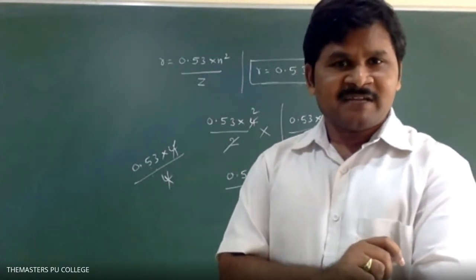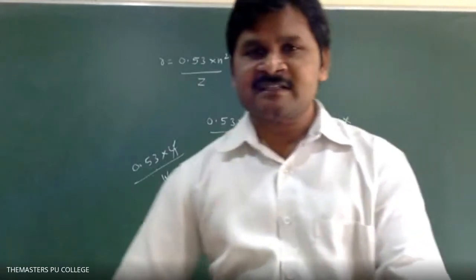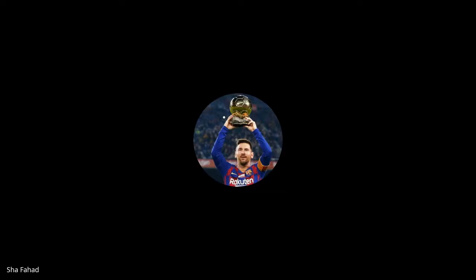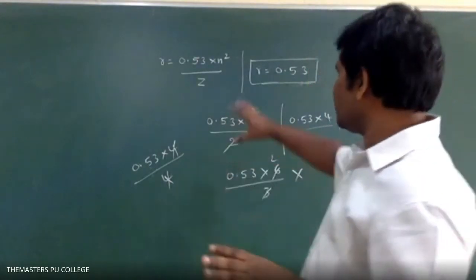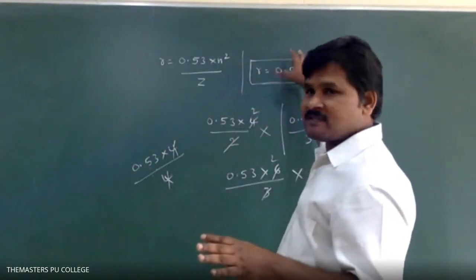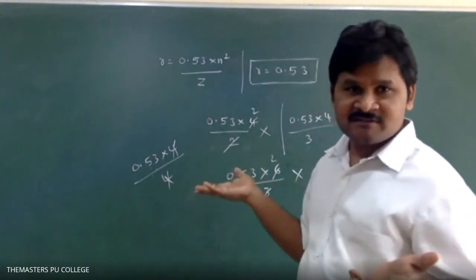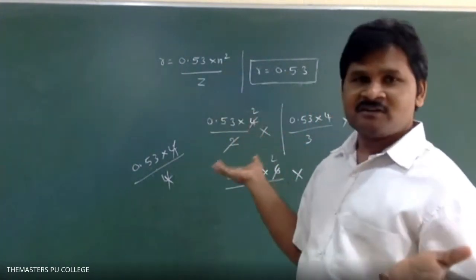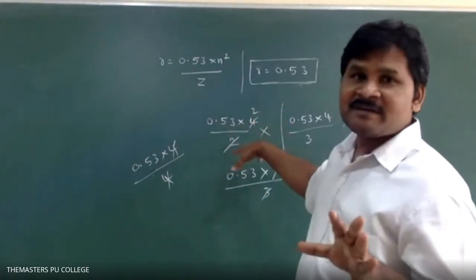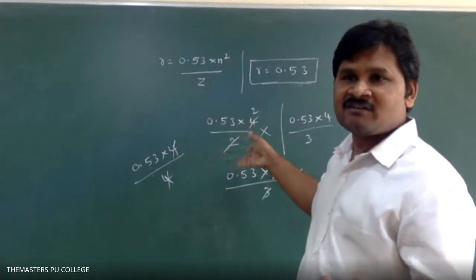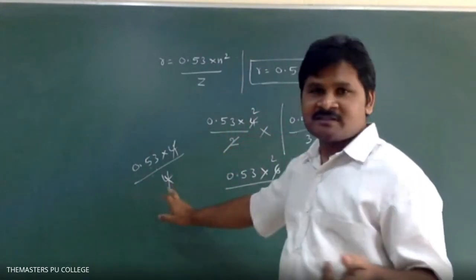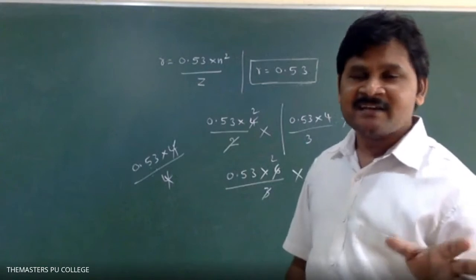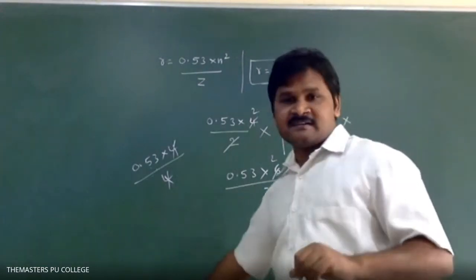Are you clear what I am telling, students? Simply you should not take the answer. He is asking radius of first Bohr orbit of hydrogen. We know that is 0.53. First Bohr orbit means n square I have taken as 1 square. Z means 1 only, you will get the same value. So for which orbit of different ions it is equal to radius of Bohr's orbit? So check all options: first option, second option, third option, fourth option. In which one are we getting equal? Fourth option. That is the answer.